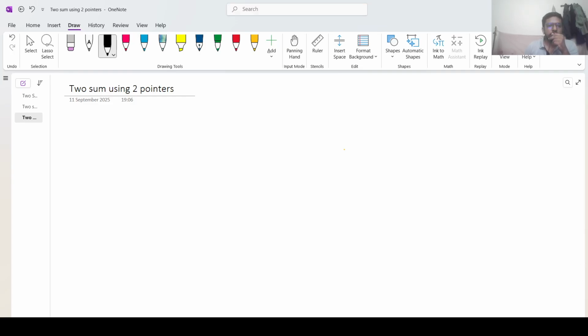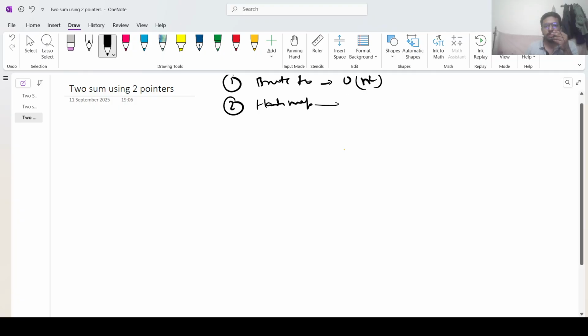Now we will solve the two sum problem using the two pointer method. In the previous two videos we solved the same question using the brute force method, and in the just previous one we solved it using a hash map. So brute force was taking a time complexity of big O of n square, and